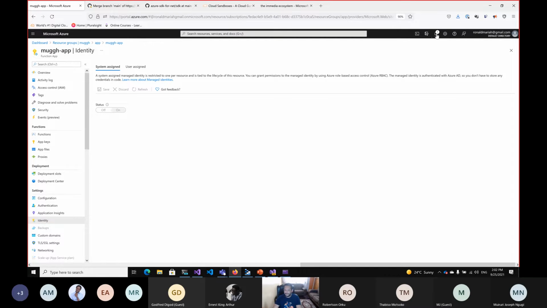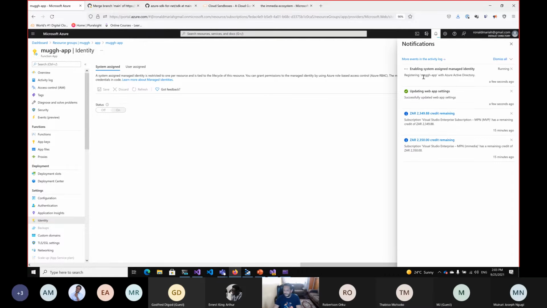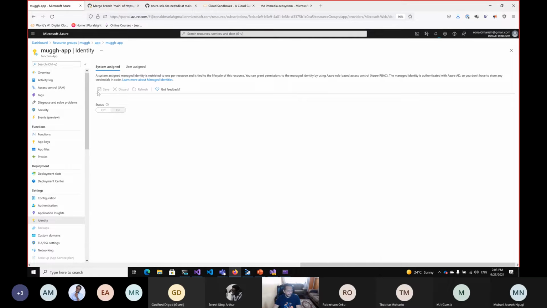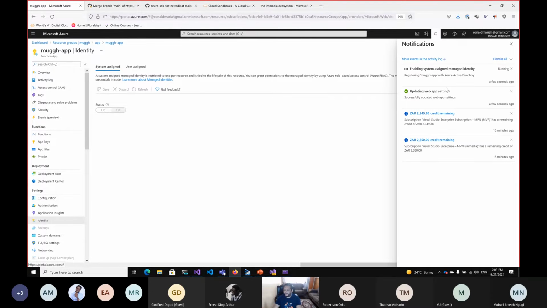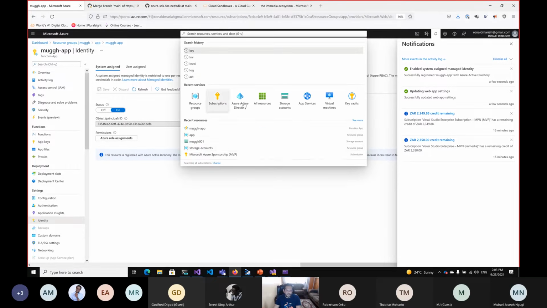So that app is being registered and it's called MUGGH app. And if this app wants to communicate with Key Vault, then I'll need to specify that access as well. Just wait for this to be registered. So it's registering that app in Active Directory. And if we go to the Key Vault,